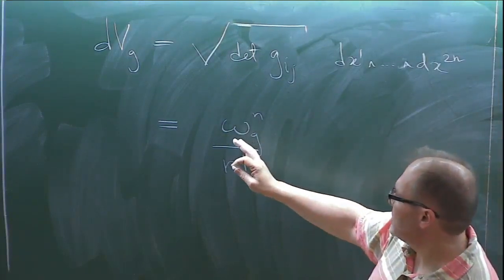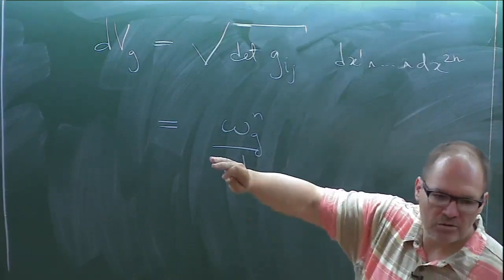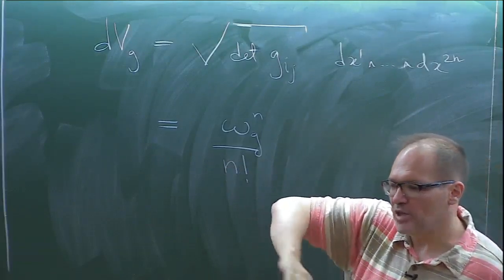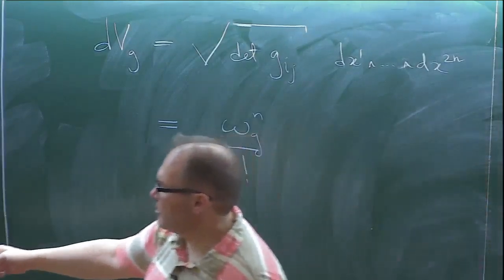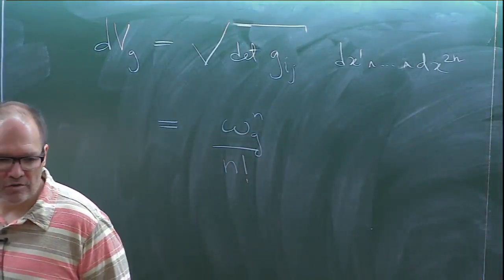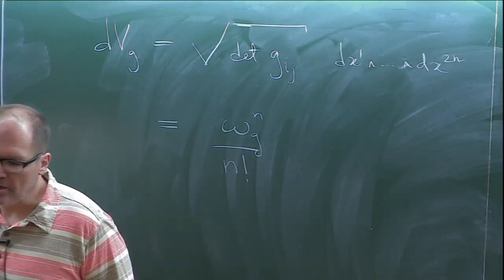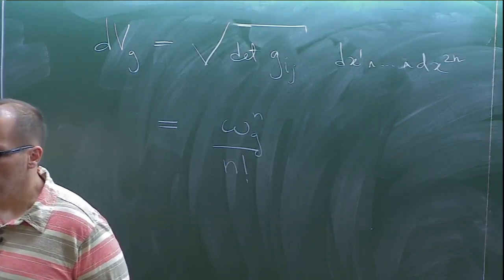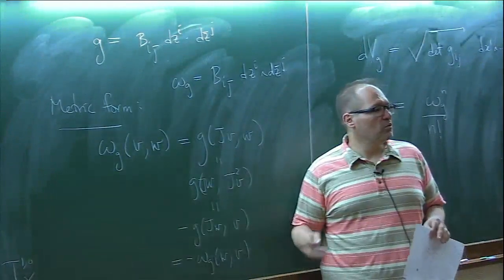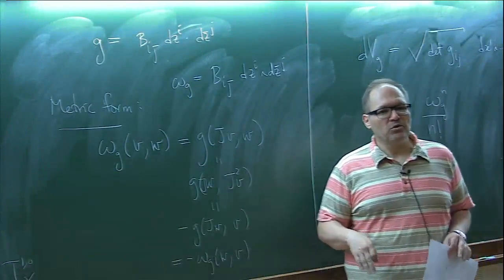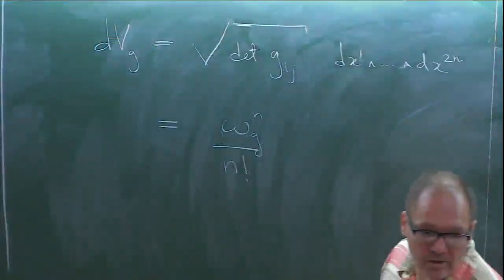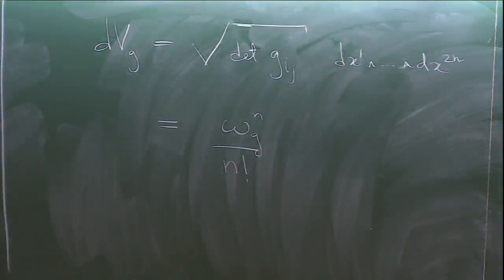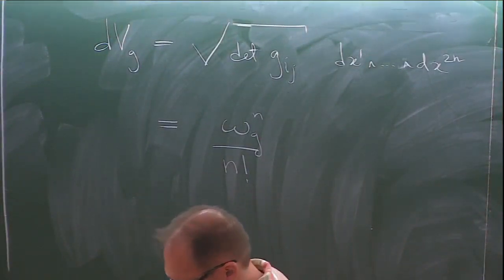It also has an interesting advantage that if you have a submanifold, you can restrict your metric to that submanifold, and that's just pulling back this form by the inclusion of the submanifold. So the area form on that submanifold will be just the top exterior power of this omega_g restricted to that submanifold. So you get a very uniform way of writing down measures for these things. That will be useful at the end when we talk about the L2 extension theorem. Okay, so